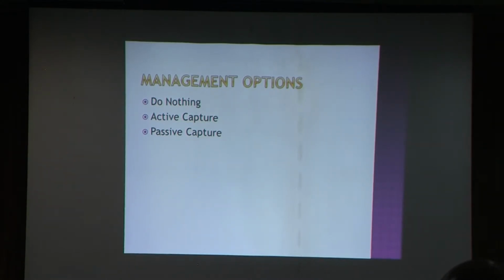Buda and his team have come up with a way of modifying fish traps, and they're using a series of different baits and so forth to see what is the most effective and which one would be best at capturing the lionfish. So what we did was to look at the active capture approach, the passive, and I think also a combination